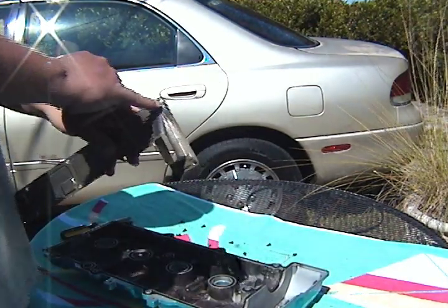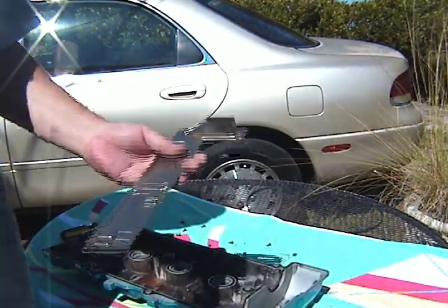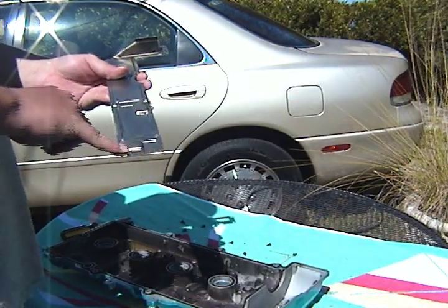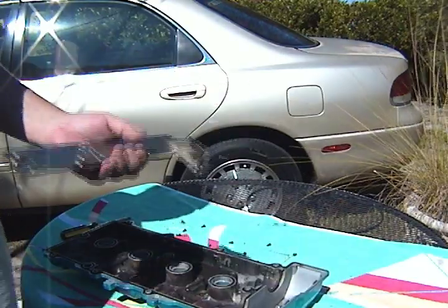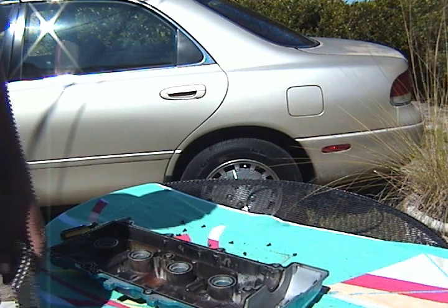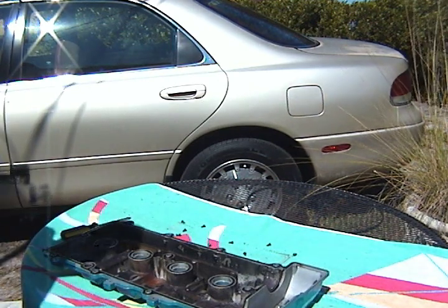There's a little bit of sludge around the corners. I want to take that off, make sure that none of that stuff has a possibility of getting back into my engine. I want to take all the sludge, all this grime, including the engine. This took me about an hour and a half to 2 hours to do, so the engine itself is at least going to take me 2 days, I'm guessing, 14 to 18 hours of scrubbing, and I'm not exactly sure how I'm going to do that